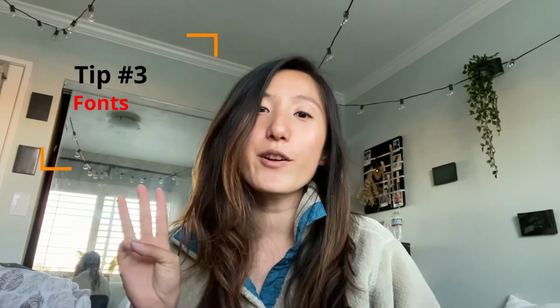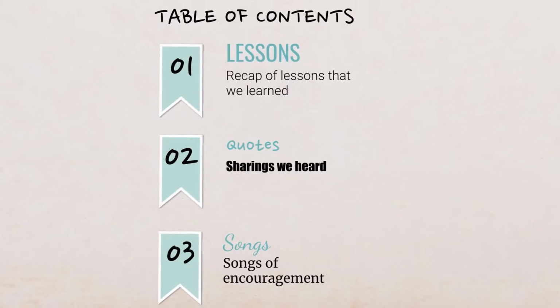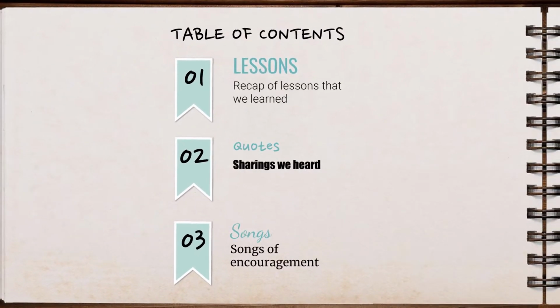Okay, last tip. Third tip is to have a consistent font. Now, I know how tempting it is to try and put a whole bunch of different fonts because they look so interesting and they might make your presentation look even more interesting, but actually it makes your presentation look very inconsistent. So you want to make sure that your font is legible. You don't want your viewers to have to squint their eyes and try to figure out what your presentation is trying to say. That definitely detracts from your presentation.